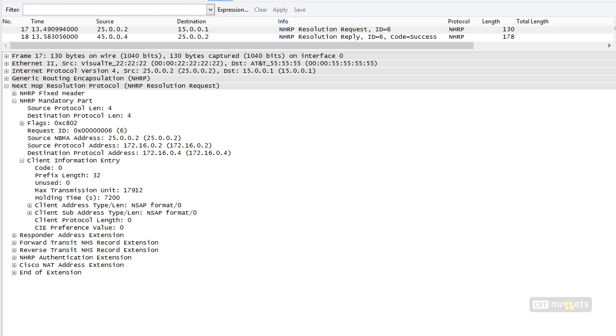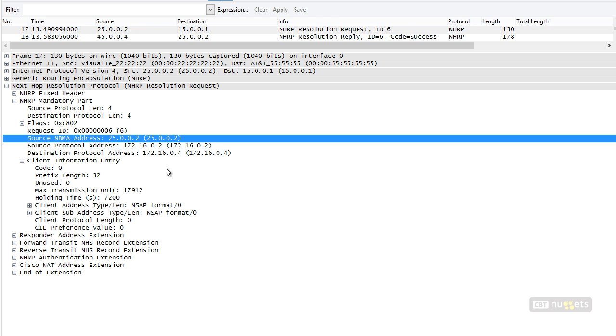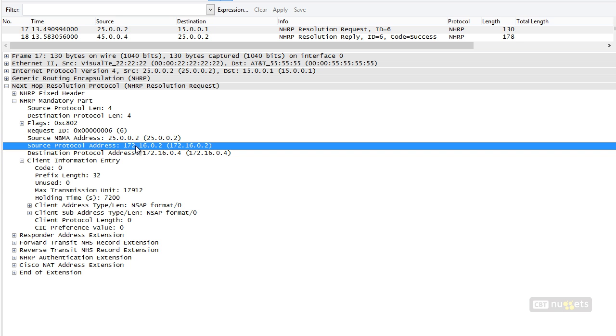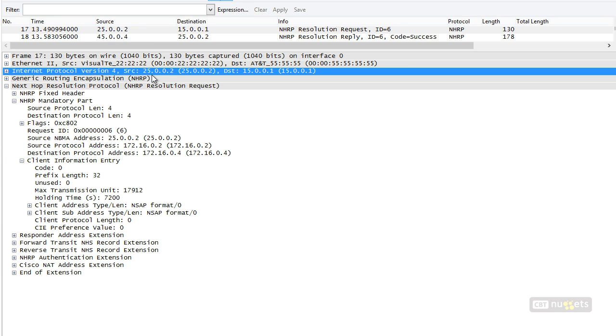response with NHRP. So here in packet 17, we've got this NHRP request. And in that request, R2 is saying my source NBMA address, the IP address on my interface, is 25.0.0.2. My source protocol address, which is the IP address on my tunnel interface, is 172.16.0.2. And the destination protocol address, the GRE address that I'm looking for to resolve, is 172.16.0.4. So if we take a look at the outside IP header, it's coming from 25.0.0.2, that's R2, going to 15.0.0.1,